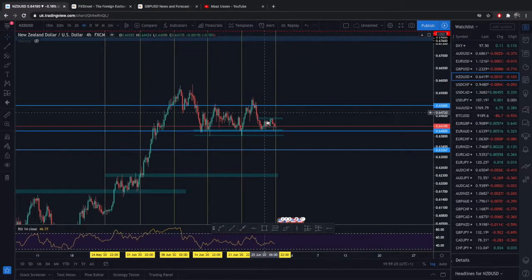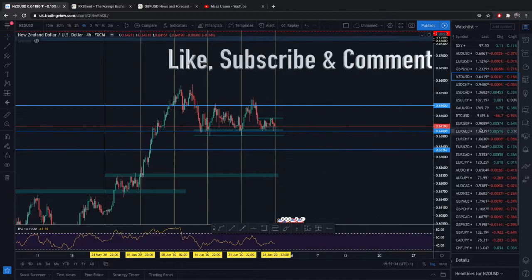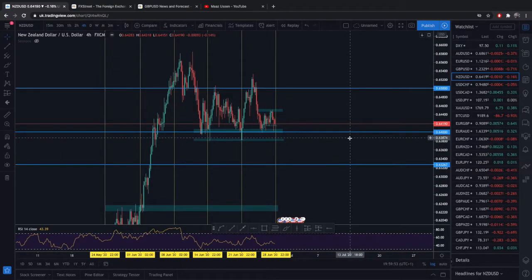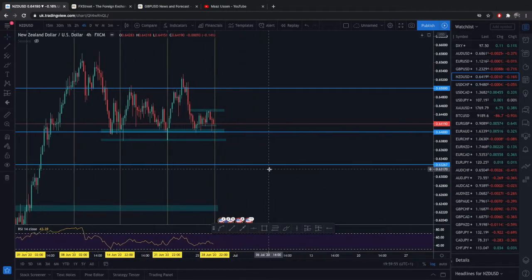The reason being is because, looking at the 4-hour time frame over the last few weeks, this area has been tested massively. 0.64 is a huge support level. It's been broken through on this day here with a massive bullish green candle, sorry, apologies, and it's created a little zone, which is a good little buffer for us, a 20 pip buffer from the 0.64 level.